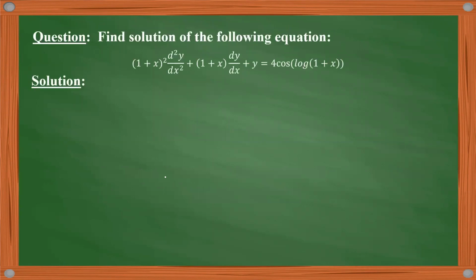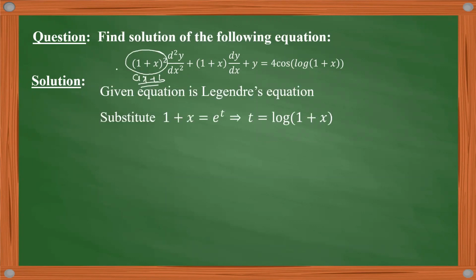So now let us take one example so that the method will be very clear to us, and so that we can solve the questions asked in previous year exams like GSET, NET, GATE, or any other competitive exam. From this question, we can identify that it is a Legendre's equation because this coefficient is of the ax plus b format. So we can say that it is a Legendre's differential equation. So here we will replace this ax plus b, and in this case it is 1 plus x. We will replace 1 plus x by e raised to t, or t is equal to log of 1 plus x.